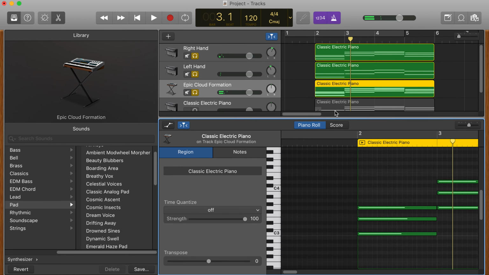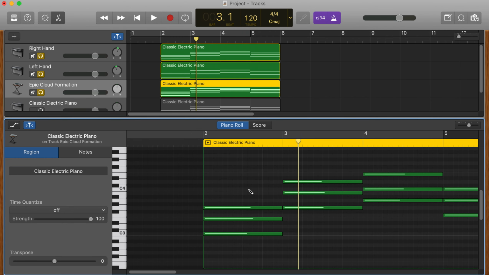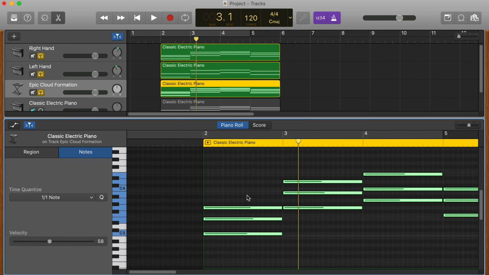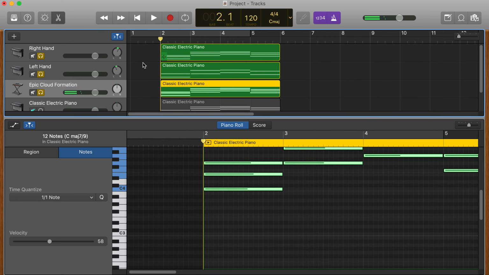So I am going to go in here into the edit window, and I'm going to select all, Command A, and I'm going to move it up an octave. And to remind you to do that, Alt Option Shift, and then the up arrow key, and it moves it up an octave. So now I have my keyboards